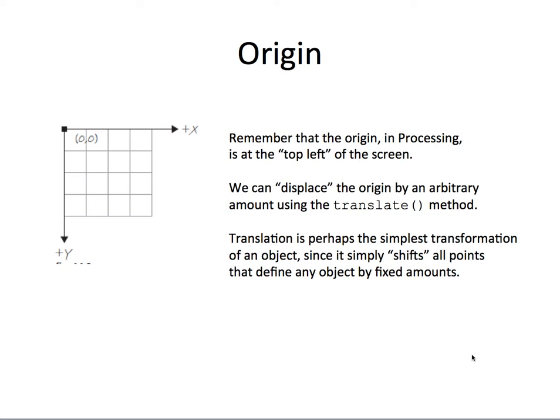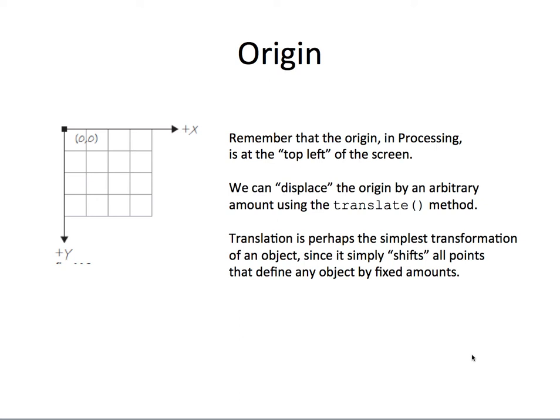So we can effectively plot the same object with the same coordinates, dimensions and so on in multiple locations by shifting or translating the effective origin to a new position. And this is obviously useful as it allows us to effectively duplicate objects as well as being able to move them around. So we can displace or move the origin using the translate method, and this takes in two arguments,